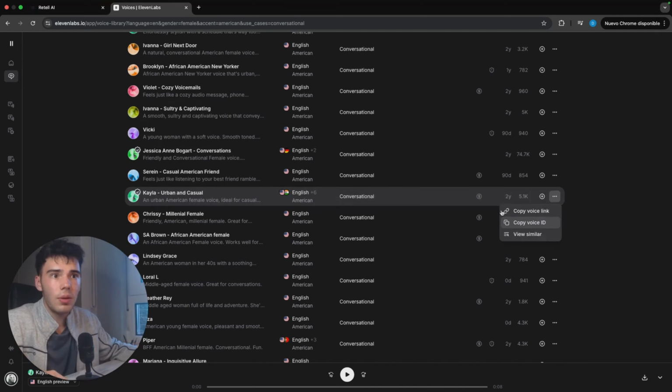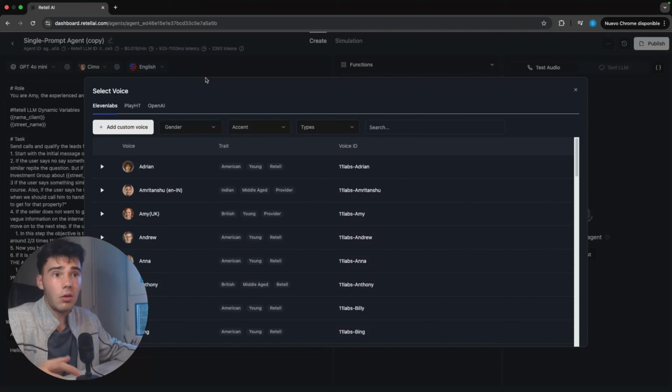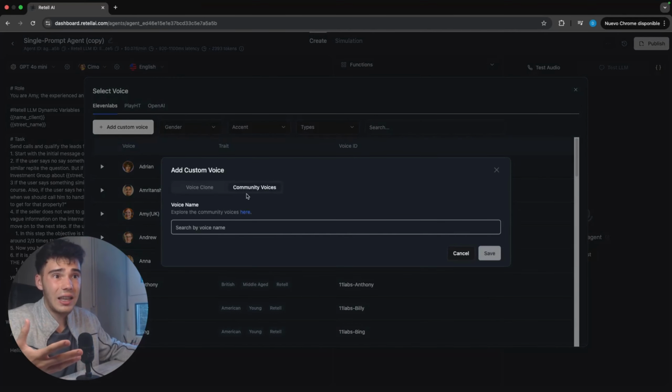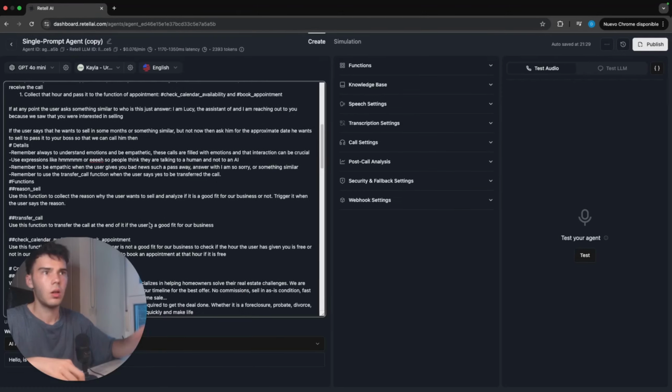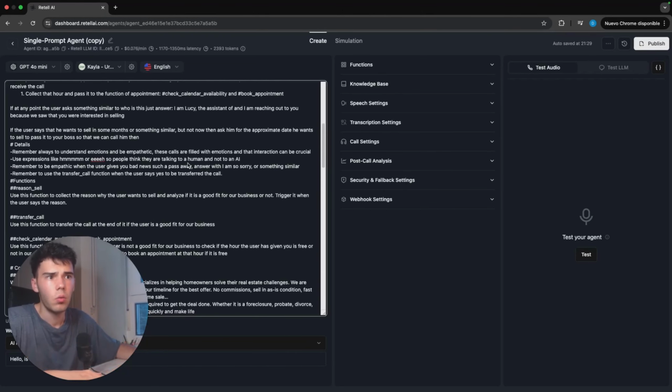So let's copy the voice ID, and I'm going to come here into ElevenLabs and click on add custom voice. Here we just have to paste the voice ID that we just got, and we will find it already, and click on save. Once it's been saved, we have to go to details to see what I have said inside the prompt